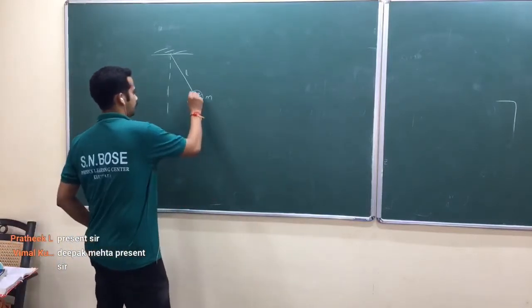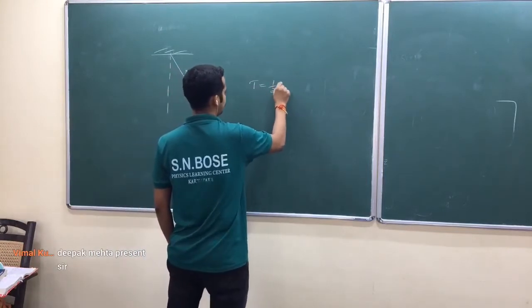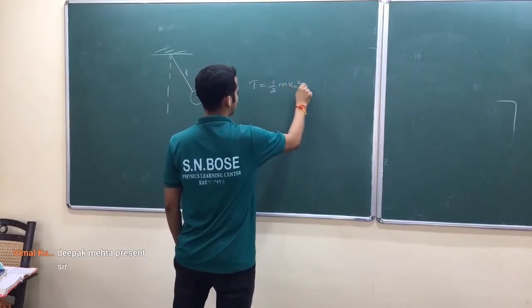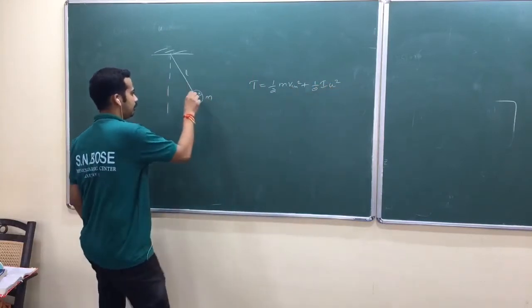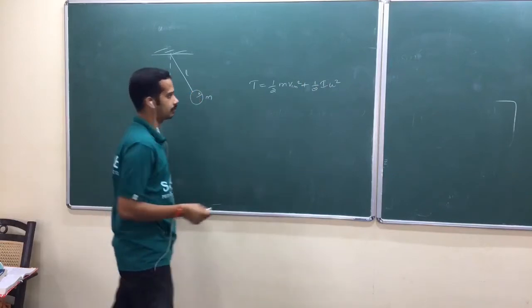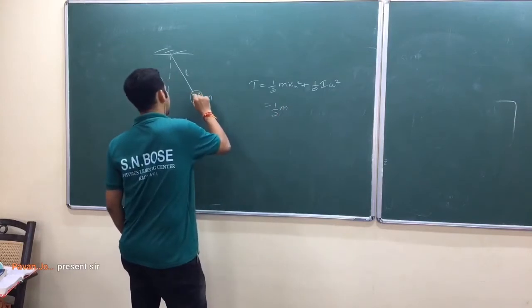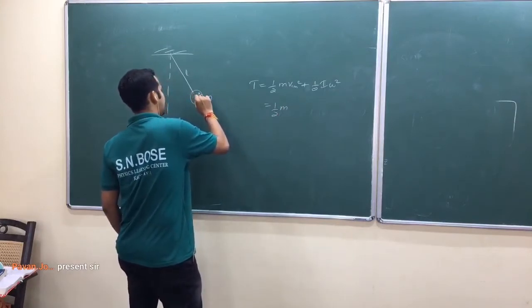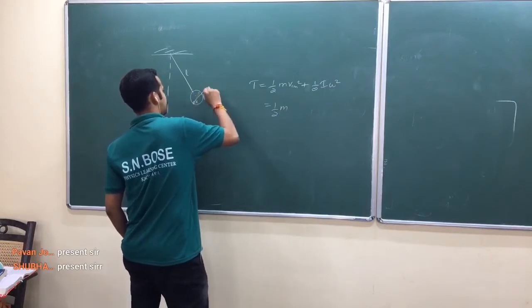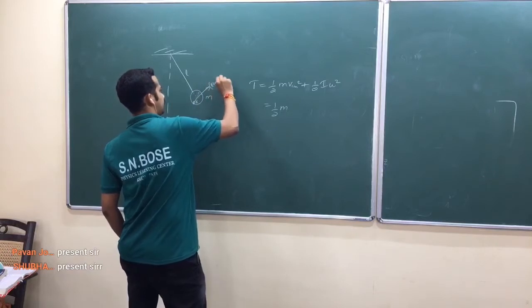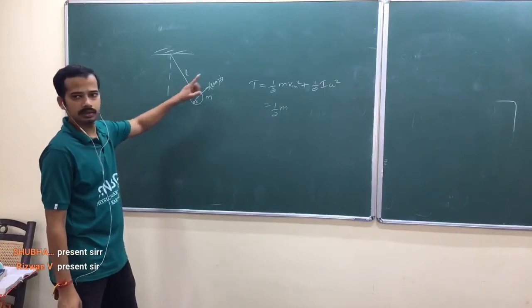So we got an idea here. We shall write kinetic energy as half m velocity of center of mass squared plus half I omega squared. Now what is that I with respect to this axis? This velocity of the center of mass was L plus A times theta dot, that is, L plus radius into theta dot.